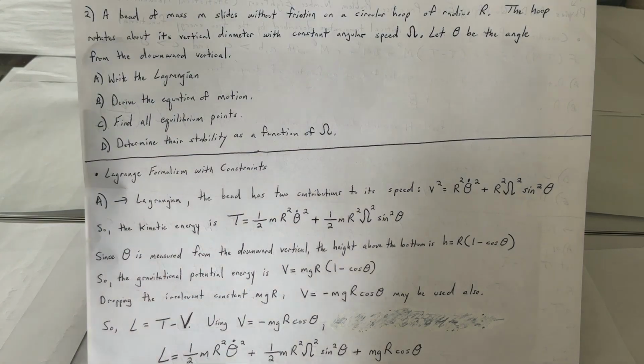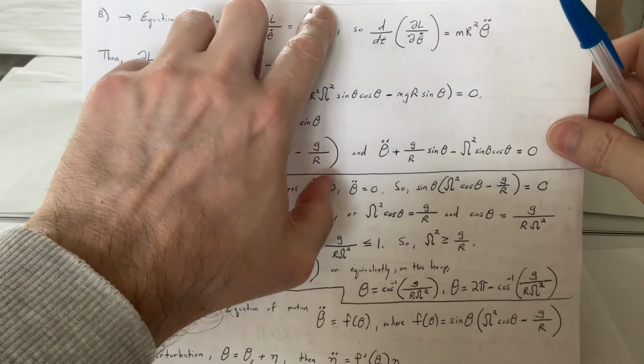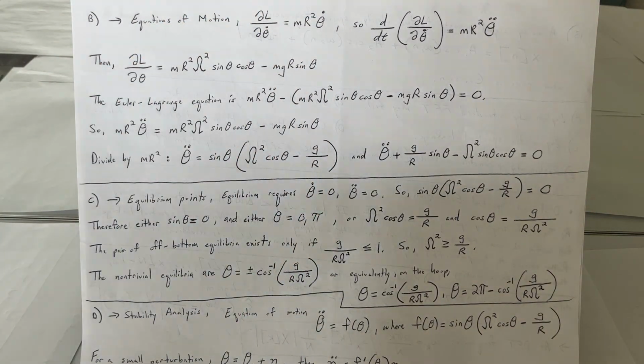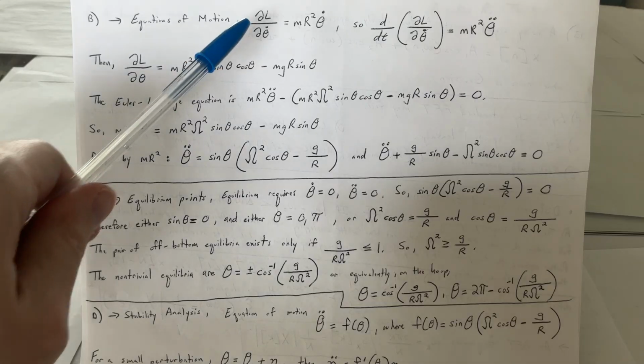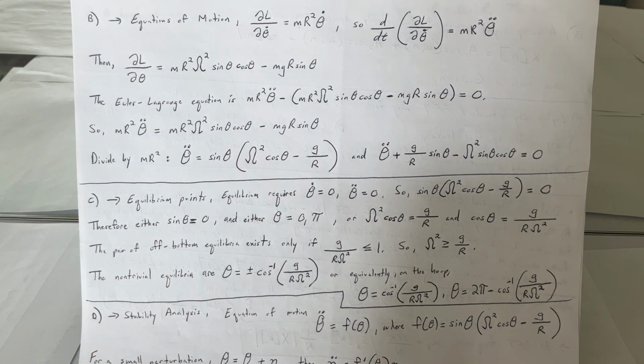Part B, we want to derive the equation of motion. So for the equations of motion, we have the following. The partial derivative of L with respect to theta dot equals mr squared theta dot. And so d/dt of the partial derivative of L with respect to theta dot equals mr squared theta double dot. And then the partial derivative of L with respect to theta equals mr squared omega squared sine theta cosine theta